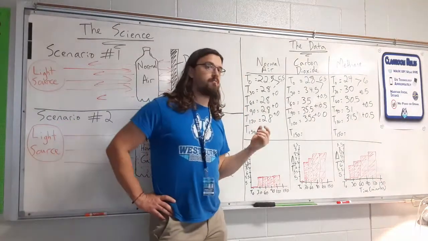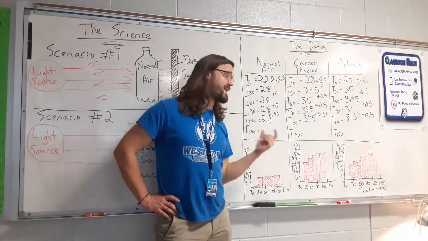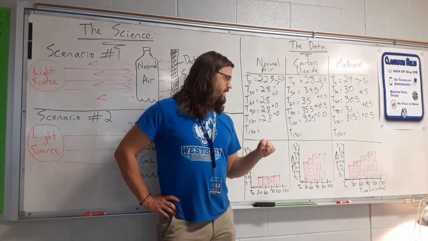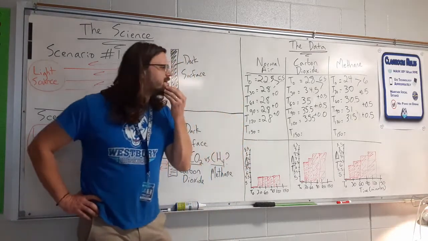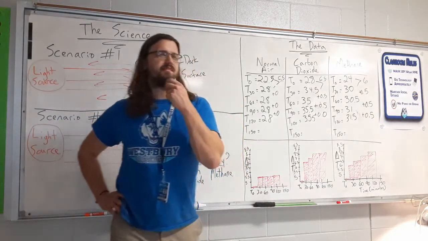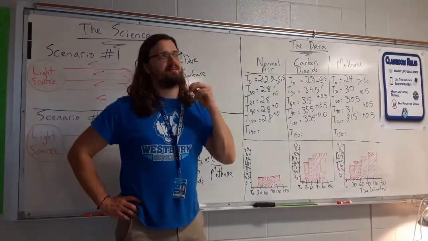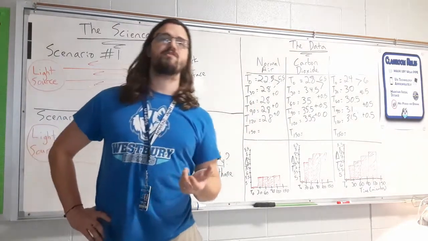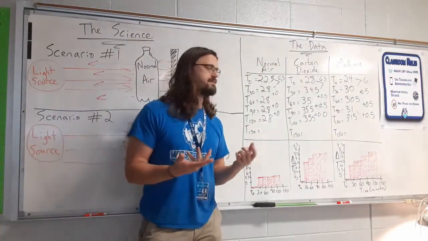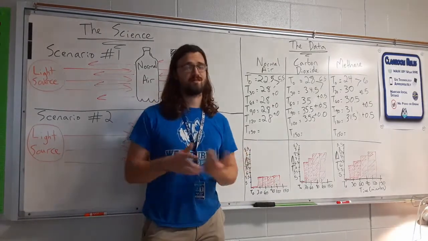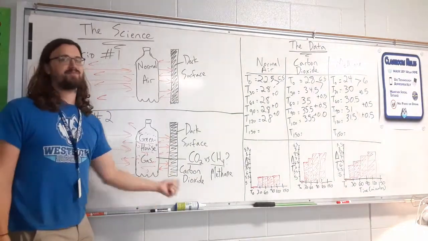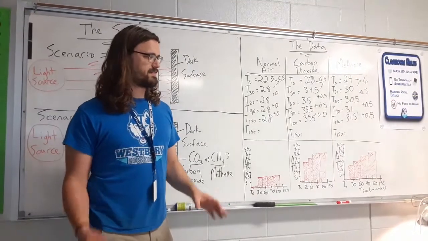So right now, carbon dioxide and methane are currently tied, although methane may take the lead here in the last 30 minutes. I'm kind of wondering why this is. My hypothesis initially, based off what I know and what other scientists have done research on, is that methane should be a more potent greenhouse gas than carbon dioxide. In other words, it should trap more heat than carbon dioxide. But we weren't really seeing that, and I noticed that